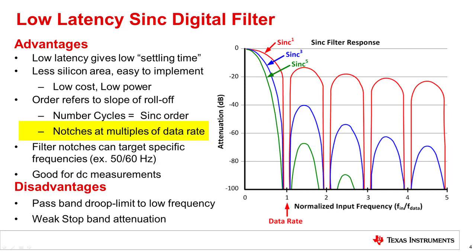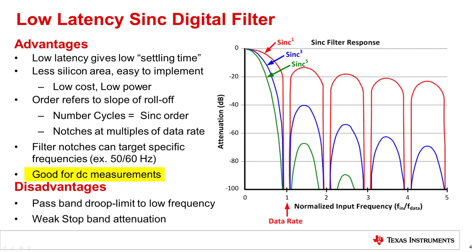In this example, you can see that the notch occurs at multiples of the data rate up to 5 times the data rate. By adjusting the data rate frequency, these notches can be tuned to reject certain frequencies, such as 50 or 60 Hz power line frequencies. In the next slide, we will look at a different low latency filter that can notch out both 50 and 60 Hz simultaneously. One final advantage of this kind of filter is that they are very good for DC signals,